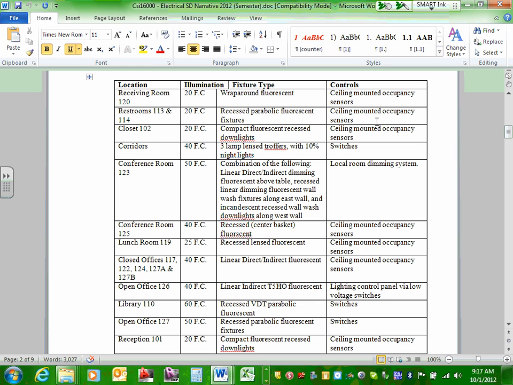Now, here's my challenge for all of you. And last year, students did it. Everything that we're going to do in this project is going to be LED lights. So when we say wraparound fluorescent, I want you guys to change this one to an equivalent LED. And we have them. The whole project is going to be what? LED. So you're going to find a wraparound fluorescent, and instead of a fluorescent lamp, an LED lamp,